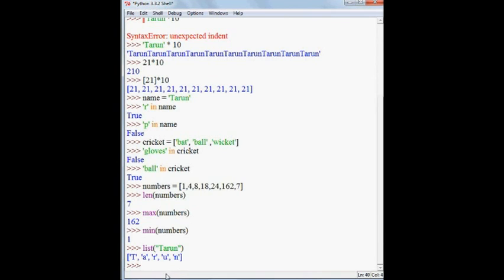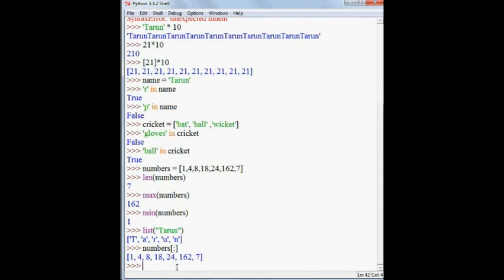The other way, which is a little easier, is to type in the list name, say numbers, and then in square braces the index position at which you want to change the value, and then an equal sign. Let's say I want to change the element at index position 3.